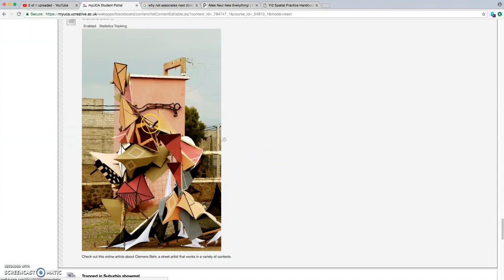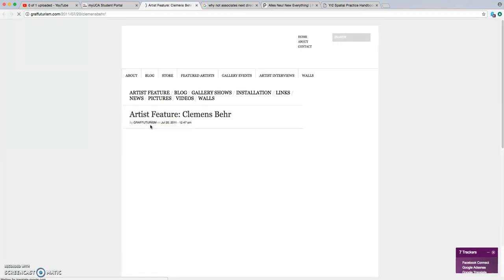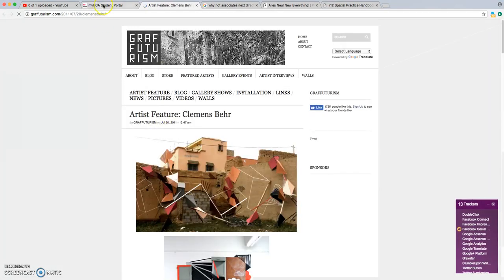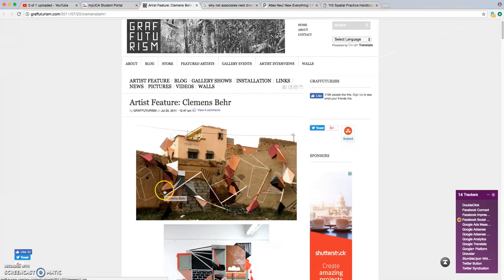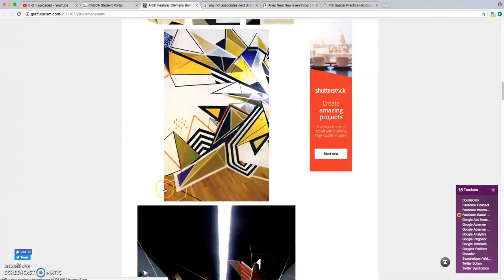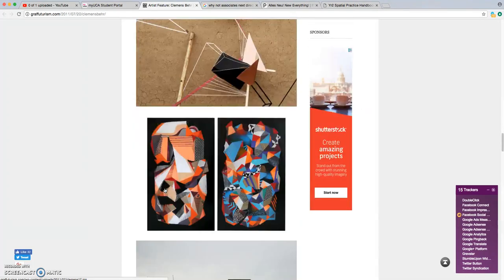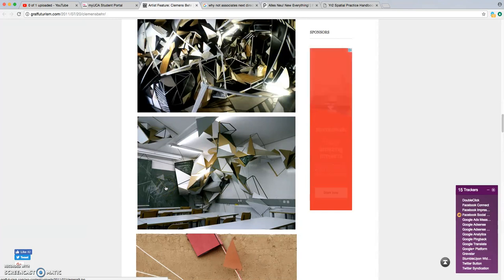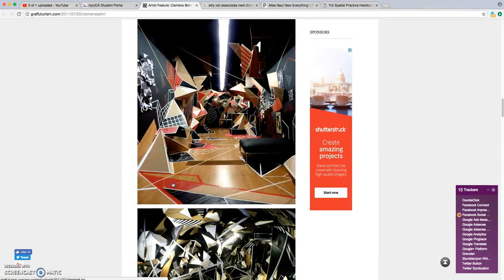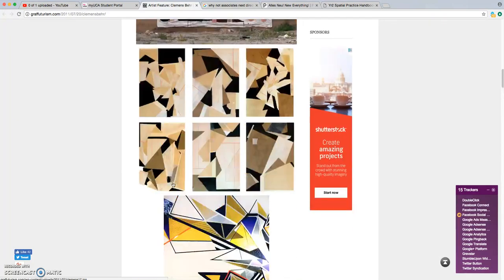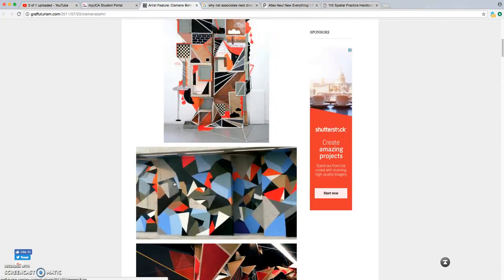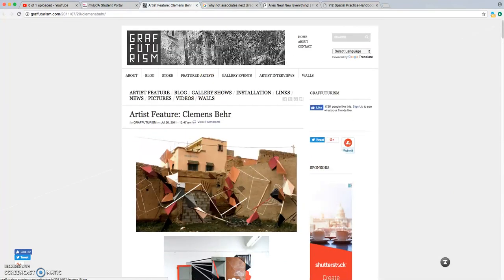One of the things I think is quite interesting about Clemens Bayer's work is that if you click on the link, it has an image and a connection to his website, with a nice little article here. What I think is interesting about this work is not necessarily that it's abstract. I just love the way it plays with the space. If you research him a bit further, his references are very architectural and spatial. But if we go to his website,